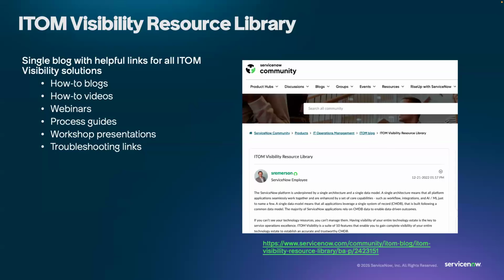And then we also have the ITOM Visibility Resource Library. This is a post out on the ServiceNow community under the ITOM Product Hub. And really it's like how-to blogs, how-to videos, webinars, process guides, workshop presentations, troubleshooting links. We make sure that we update this on a regular basis and add new content when it's available. And it's really kind of a single source of information out on the community